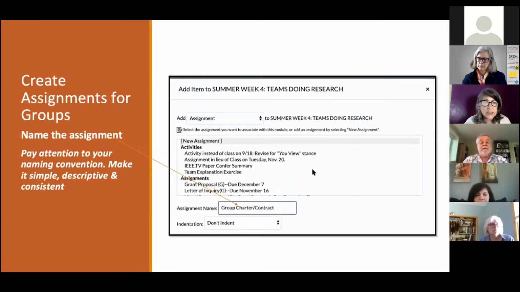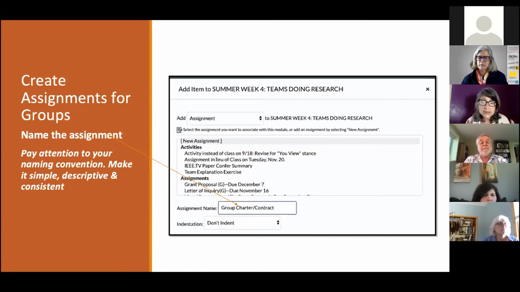And what I do is just create the assignment. And as somebody has mentioned in a previous session, it's really important to keep your naming conventions simple, descriptive, consistent. I will also say this. I do a lot of group work. The second half of each of my classes is one large group project with multiple assignments and or discussion forums inside of that project. What I have done is divided my group work.